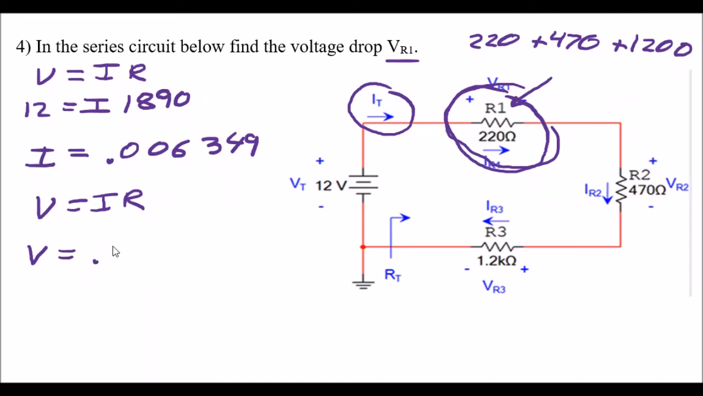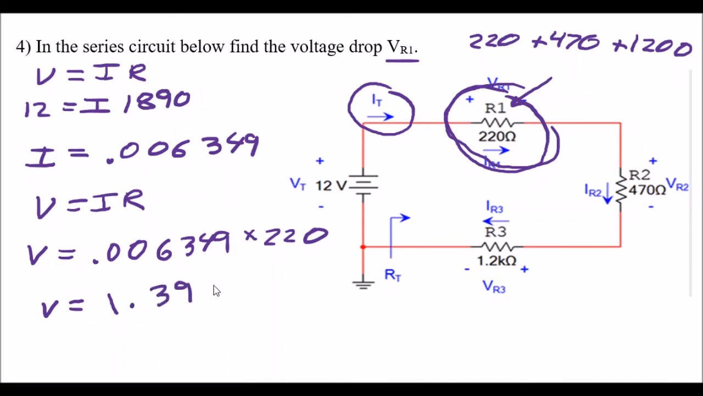So I'll use that number that I just calculated, 0.006349. And notice I'm not converting it to engineering notation because I want the original decimal number in the equation. So that times the resistance, which is 220, and I end up with a voltage drop of 1.3968. It keeps going, but let's round it to two places. So let's call it a voltage drop of 1.40